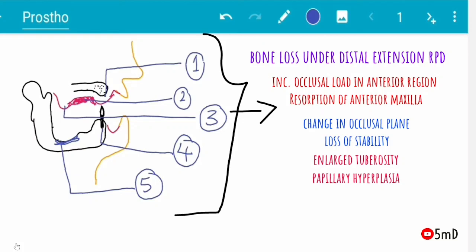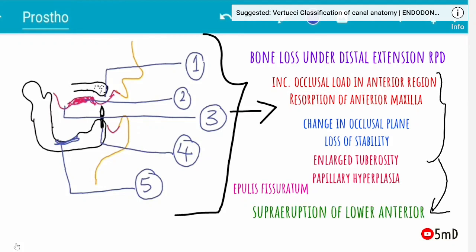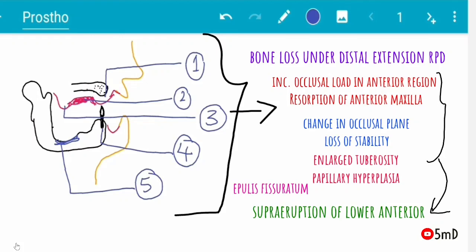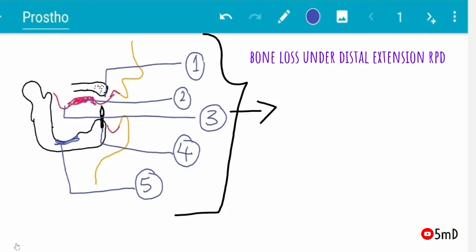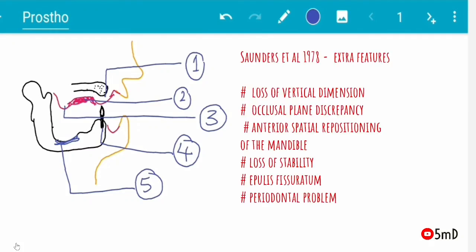The resorption in the anterior maxilla also causes the labial flange of the anterior maxillary denture to irritate the labial mucosa, producing epulis fissuratum. And regarding the lower anteriors, they supraerupt, and poor oral hygiene adding to it can lead to periodontal complications. From these sequelae, Saunders in 1978 added 6 more additional features to the combination syndrome,